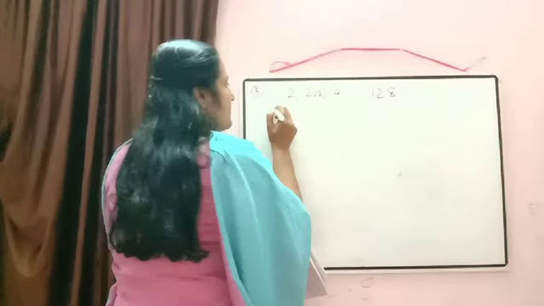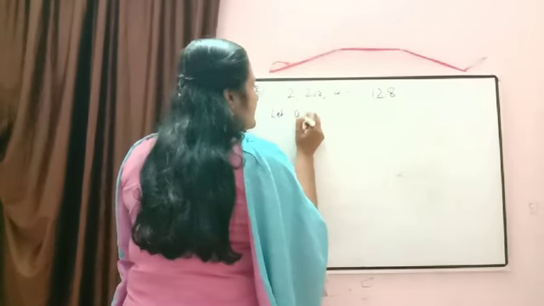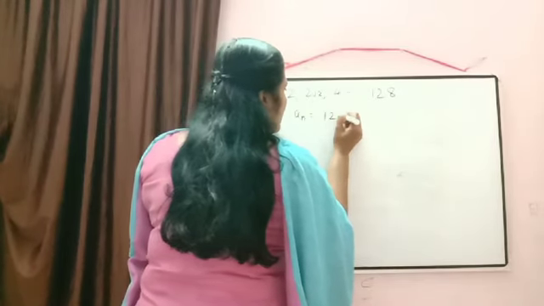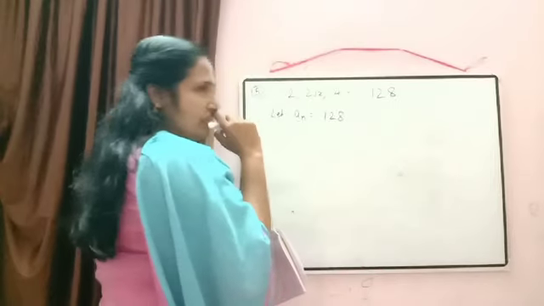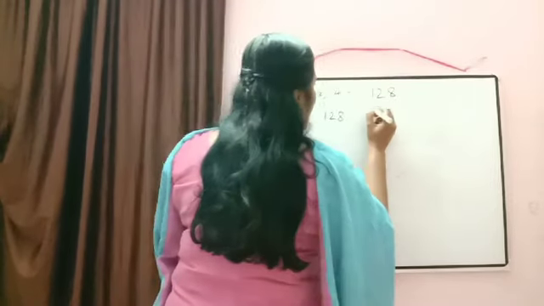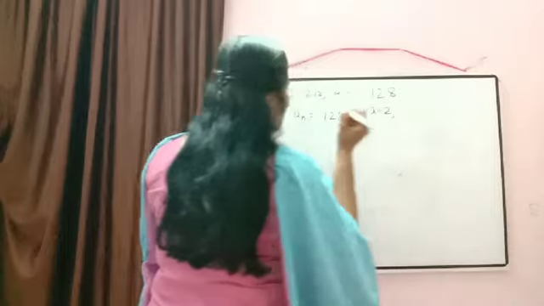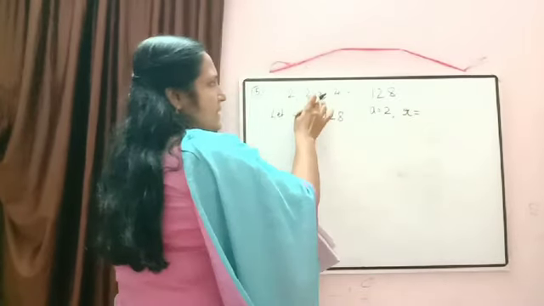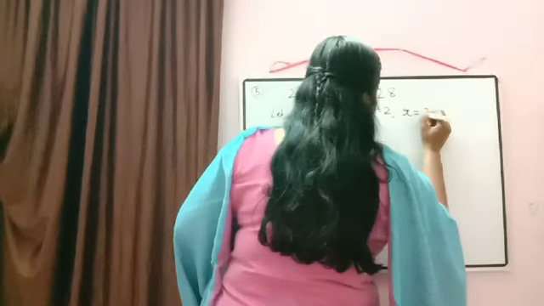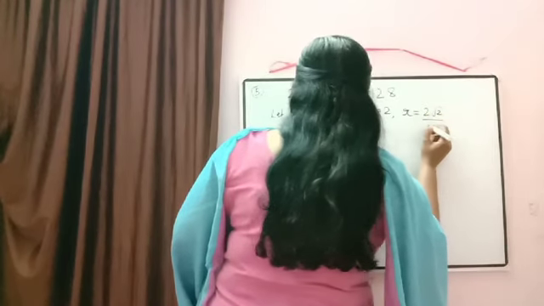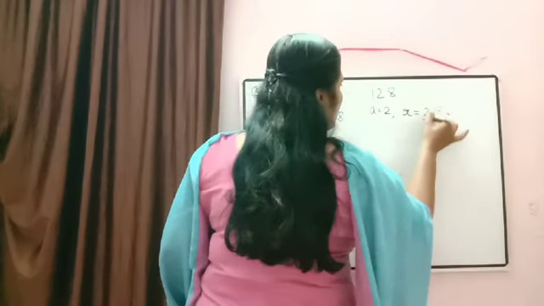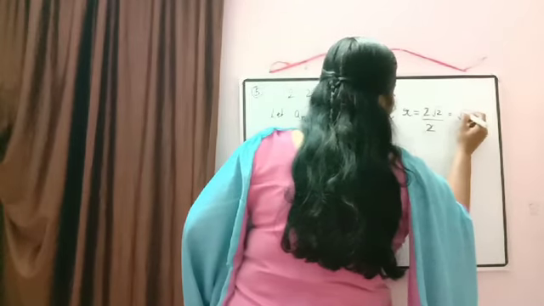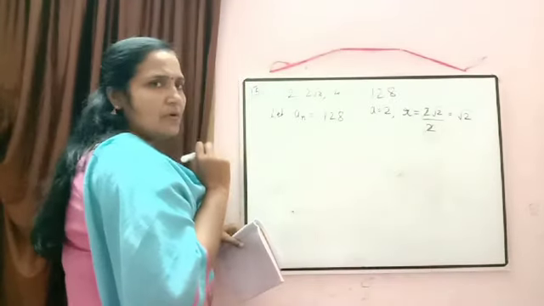So we'll just suppose there let nth term an is equal to 128. Now before that we can check what is a here. A is equal to 2 and what is the common ratio r? How we will calculate? Second term divided by first term. So it will be equal to 2 root 2 divided by 2. So 2 and 2 will get cancelled. We will get r is equal to root 2.